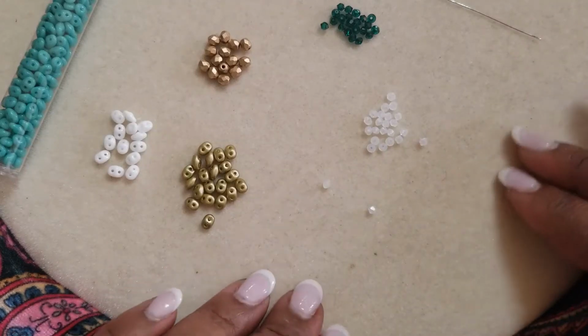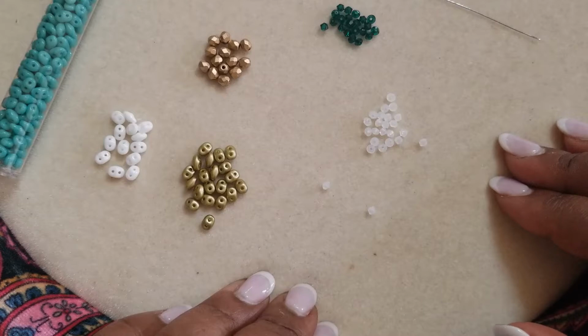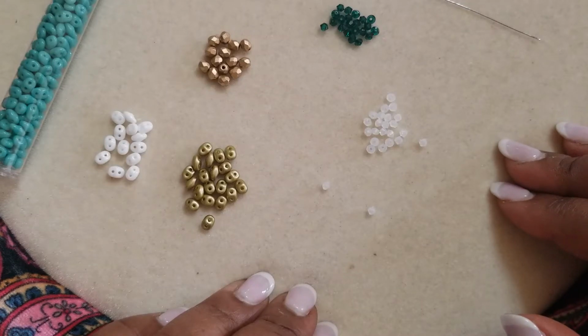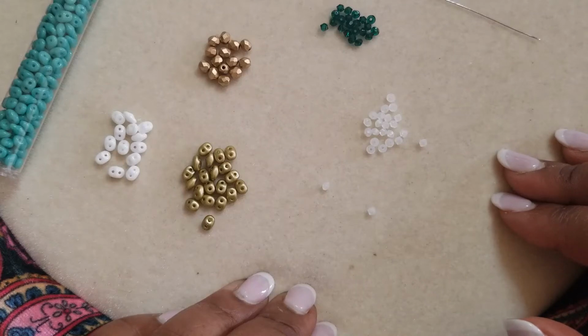I'm going to use a bead board, and I also will be using an ornament stand, a single ornament stand that I purchased at Michael's, and I'll show it to you when we're getting ready to do the work. So if you'd like to make this project, gather your materials, cull your SuperDuo beads, make sure that both